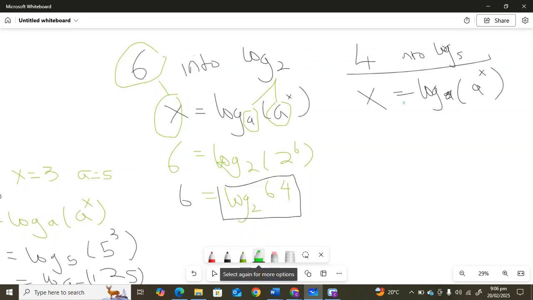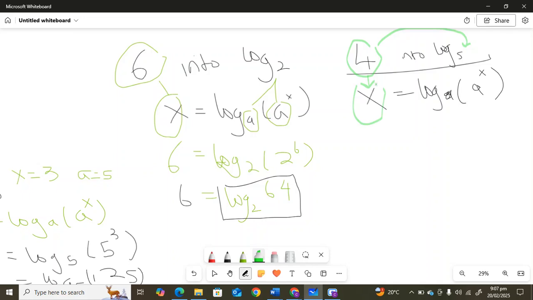So colleagues, pay attention finally so that we go back to the question there, okay? So when you're converting a number into log form, remember this equation. If you can't remember this equation, just remember, make the number as the power of the base. But if you can remember this equation,